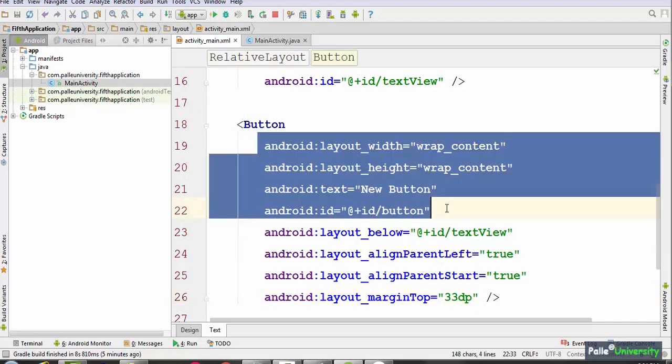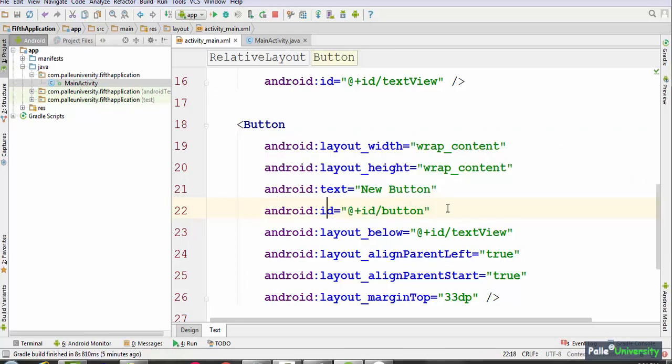Can you observe the first 4 properties here? First one is android:layout_width, android:layout_height, android:text, android:id. First, let me start with what this ID property is. Just like every person will have a unique number, in case of USA, it is the social security number. In case of India, it is the Aadhaar card number. Based on the Aadhaar card number only, every Indian citizen will be identified.